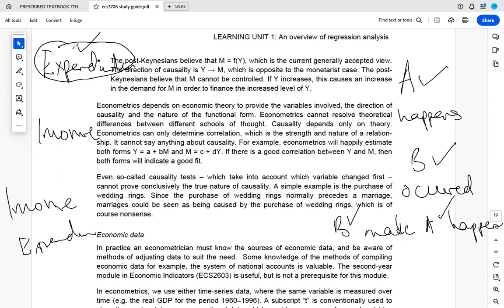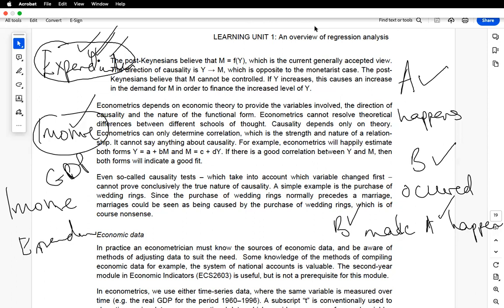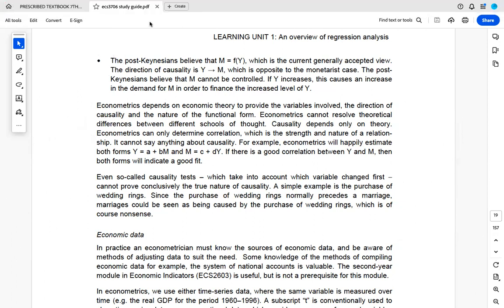So there are many, many different facets that might have occurred. You might have gotten married, and then as a household, your expenditure goes up. That's why sometimes when we construct econometric models, we don't just say that, for example, expenditure depends on income. We can say expenditure depends on income and GDP and whether you're married or you have children. So there are many different factors. So that's a really important concept in econometrics that tells us that